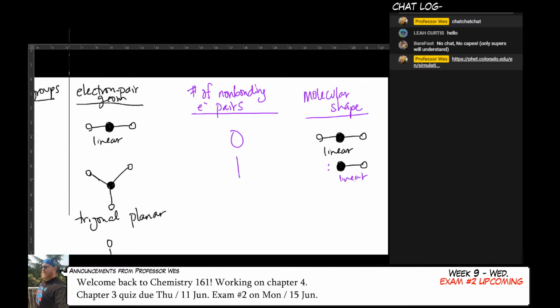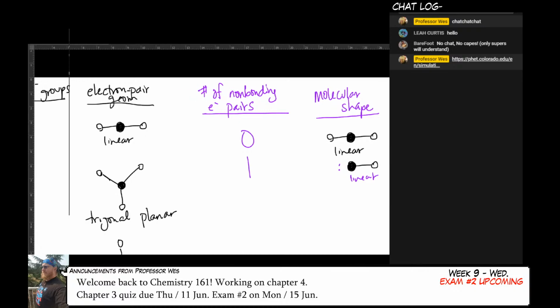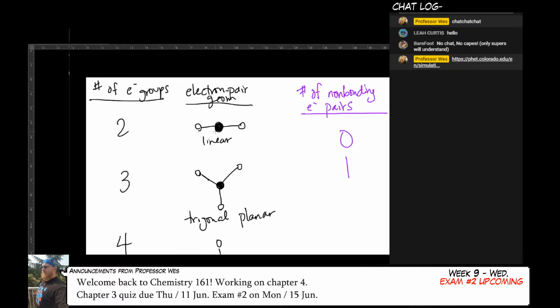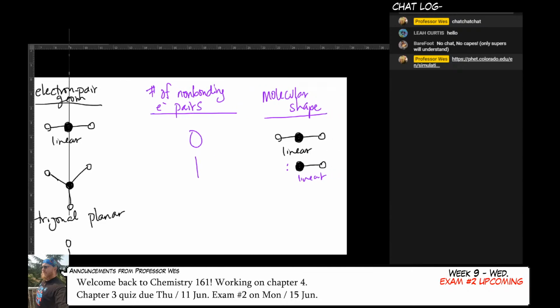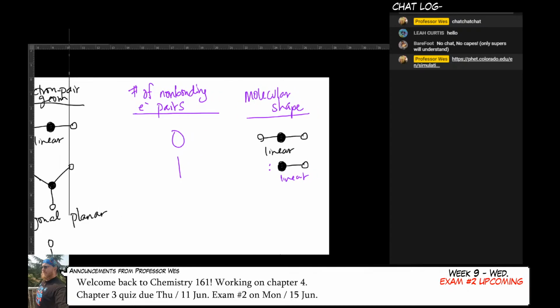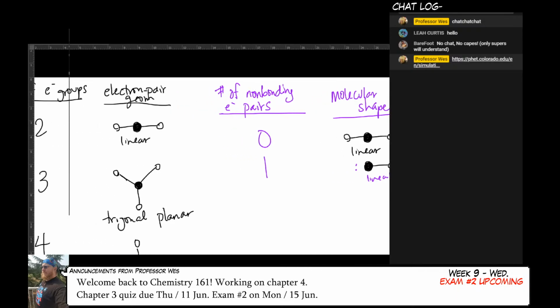Now, if you end up with 2 atoms in your structure, the result is always linear. Because there's no way that you can have 2 atoms along a bond that isn't linear. Bonds don't turn corners, they don't arc, they don't curve. They're just straight lines. So anytime we get down to 2 atoms, we're kind of just uninterested in the shape anymore. So for the linear electron pair geometry, the only possible outcomes are all linear. So if you see 2 things around a central atom, whether they're electrons or atoms, it's linear. And that's not super exciting.